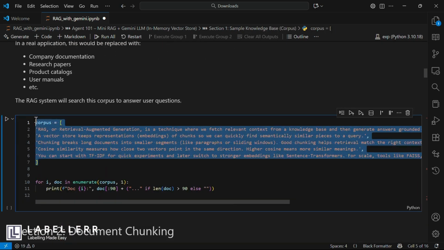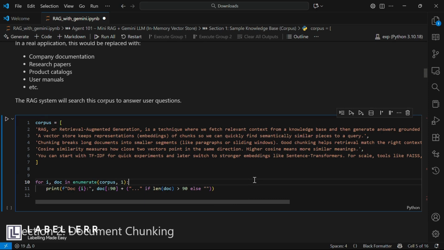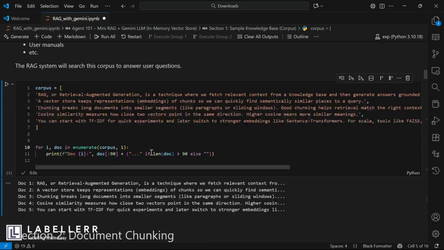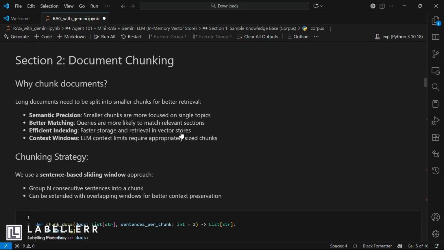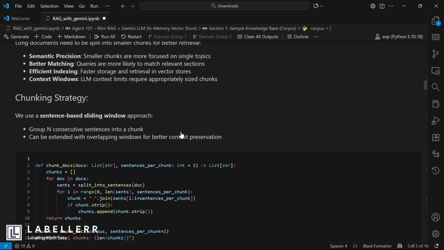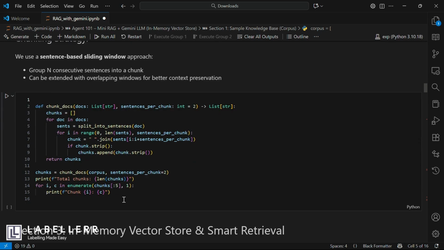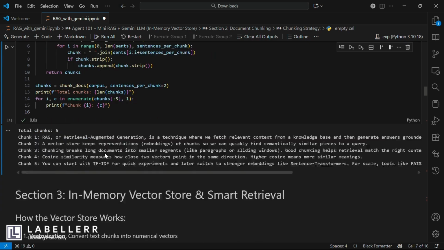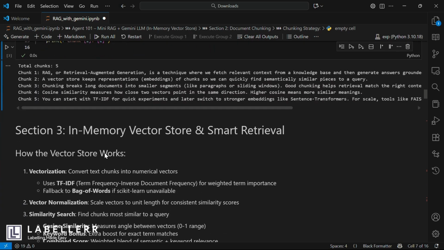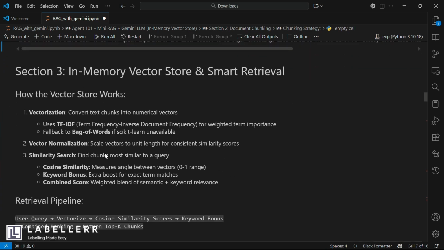I have chosen some sentences related to RAG as a knowledge base for our RAG model. So we will convert them into docs like doc1, doc2, doc3, doc4, doc5. Now we convert those knowledge base into chunks like chunk 1, chunk 2, chunk 3, and each specific chunk is